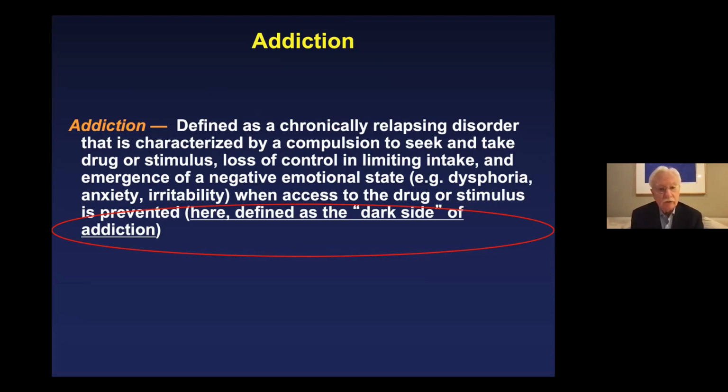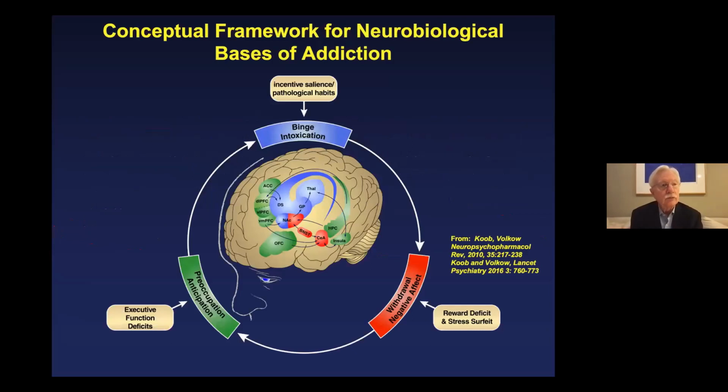But I have an add-on, which is the emergence of a negative emotional state, dysphoria, anxiety, irritability when access to the drug or stimulus is prevented. And I've defined this over the years as the dark side of addiction. Today, I'm going to talk about all three stages of the addiction cycle as we have heuristically defined them. I'm going to talk about the binge intoxication stage and incentive salience and pathological habits. And I'll talk about the withdrawal and negative affect stage, which includes the domains of reward deficits and stress surfeit. And I'm going to talk about the preoccupation anticipation stage, or what we commonly call the craving stage, which encompasses